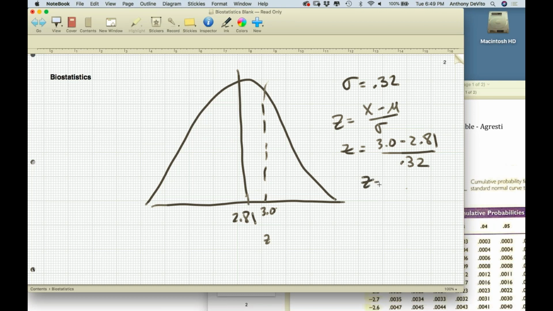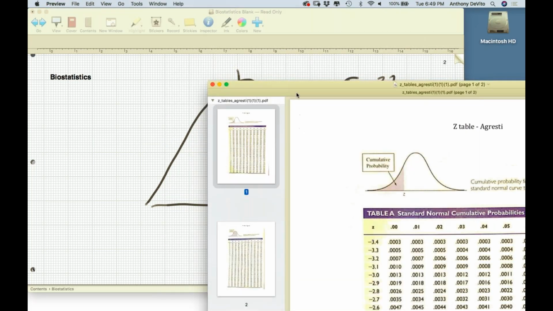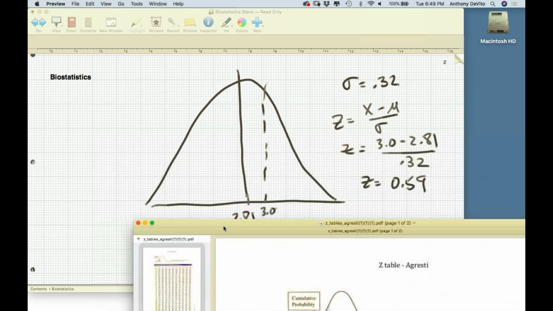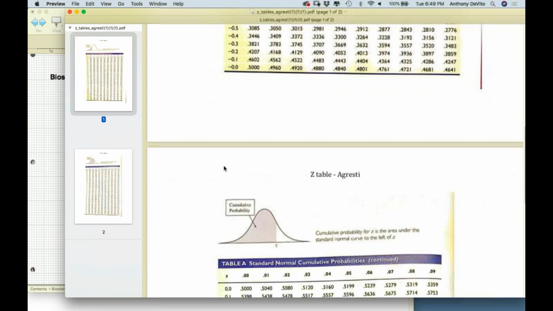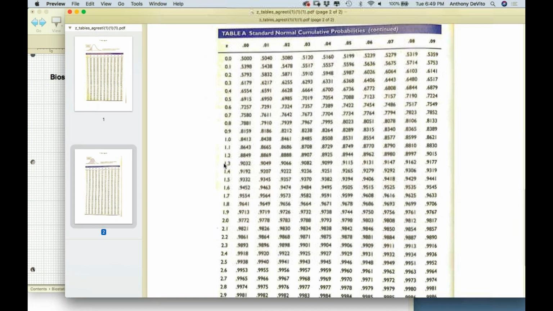Okay, and you guys will be good enough to tell me if I'm wrong, right? You're not going to let me go ahead and do 9 calculations based on that without letting me know. So if I go to my table, since it's to the right of the mean, it's bigger than the mean, it's going to be on my second table, which is positive z-scores. So 0.50 is the first column, 0.51, 2, 3, 4, 5, and so on. And 0.59 is 72.24%,